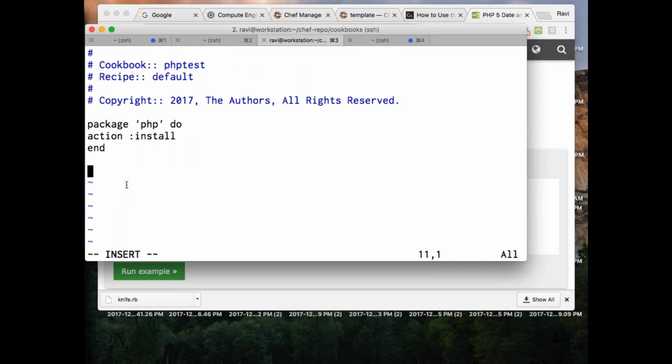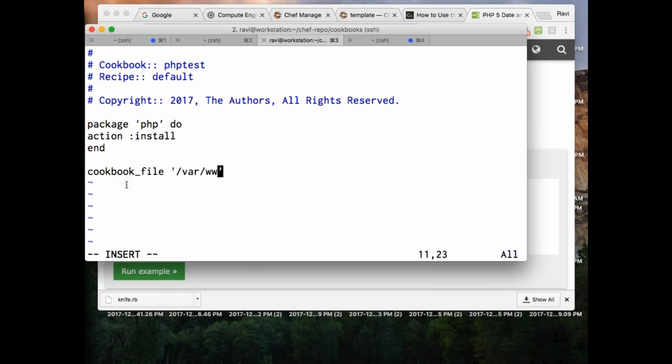File. Do you want me to take file? If I take file, what happens? Content is very big, right? So what is the other thing? Yeah, source. If I want to use source, what do I need to use? cookbook_file, right? Let's say cookbook_file. And where should it go?